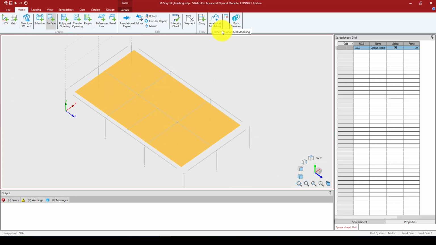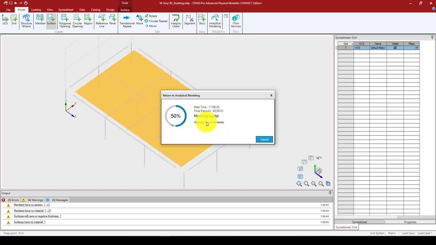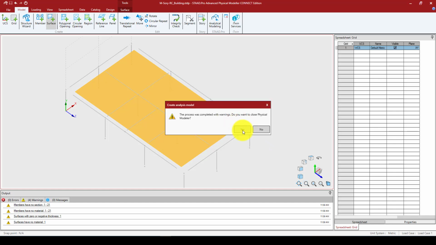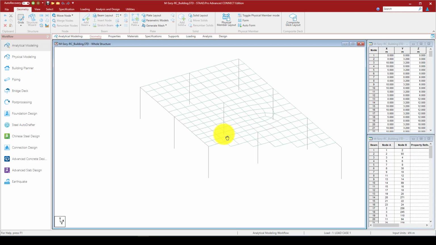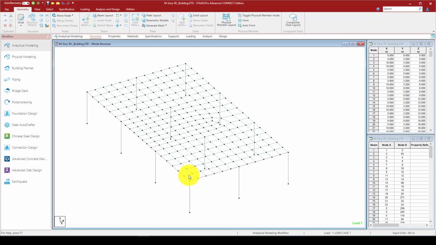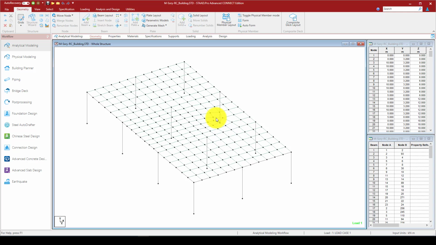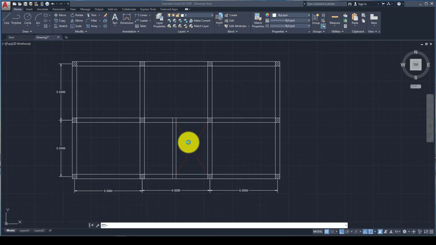If I check the analytical model, it means members have no section, we just want to see the analytical model. So you can see the connectivity is completely okay, and we have a beam here, and everything is nice. So we can go back to the physical model,